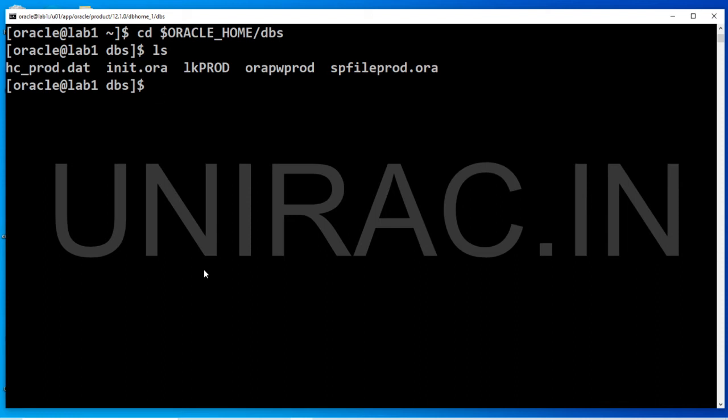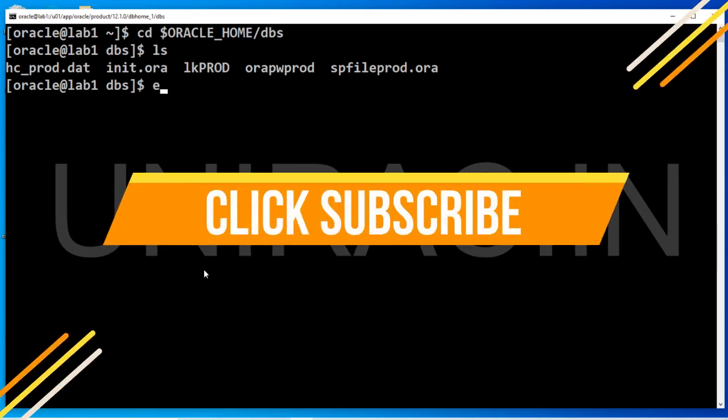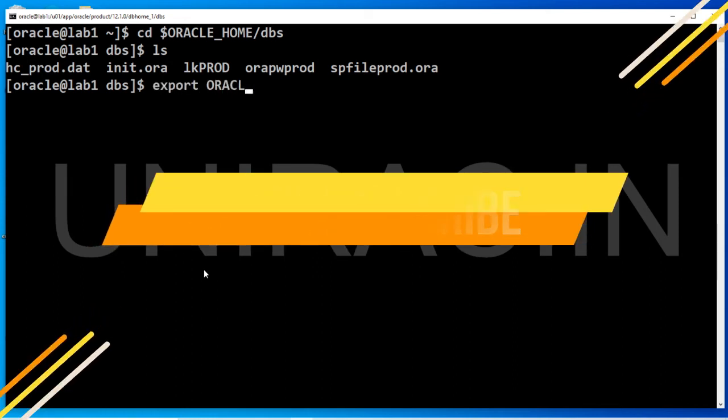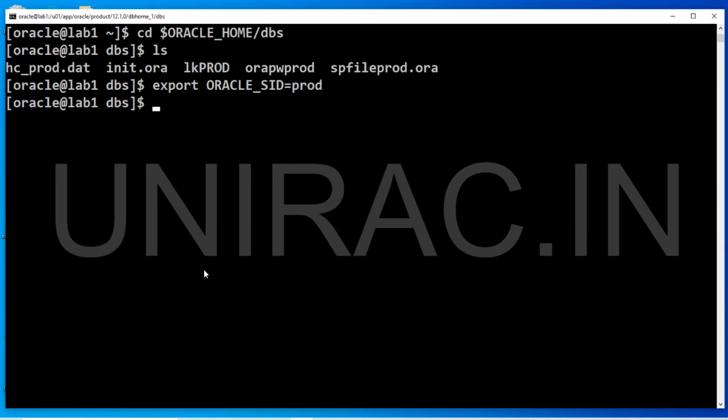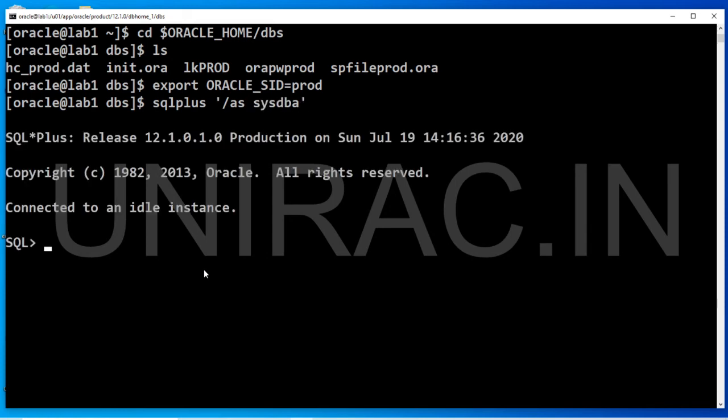So we are trying to connect with the wrong database name. We have only one database on this box, which is prod. So ensure you connect to the right database name, ORACLE_SID equal to prod. Then connect to your database and try to start up.